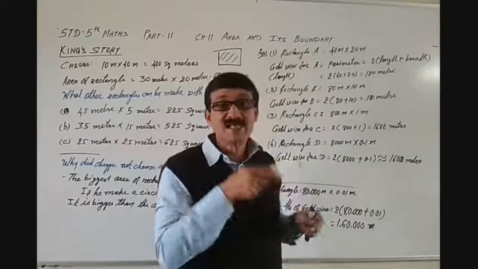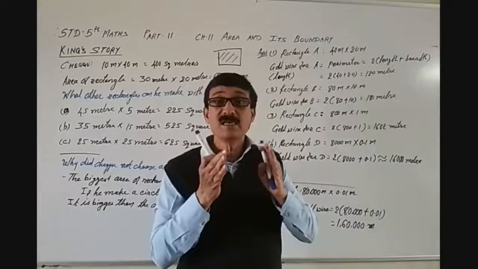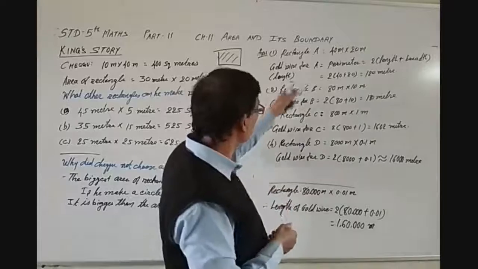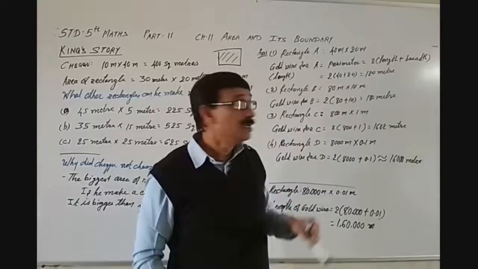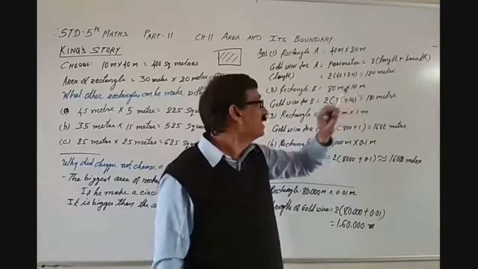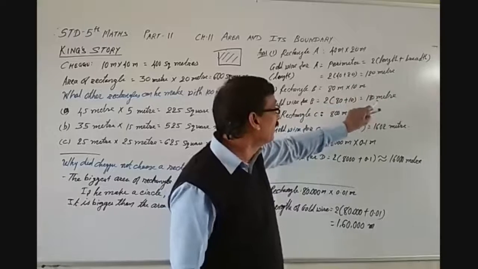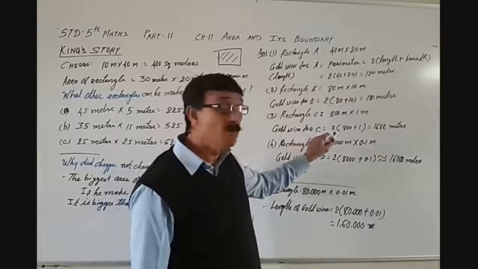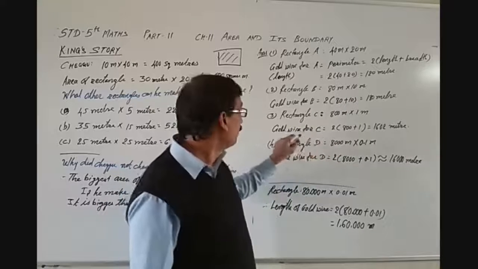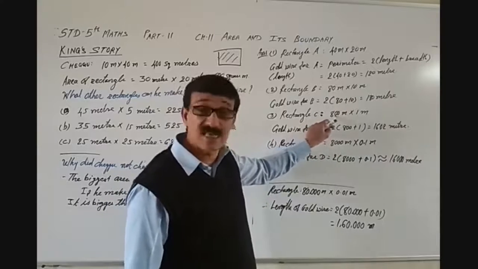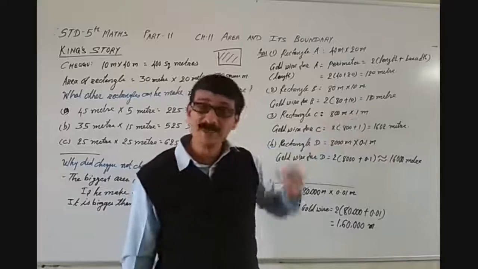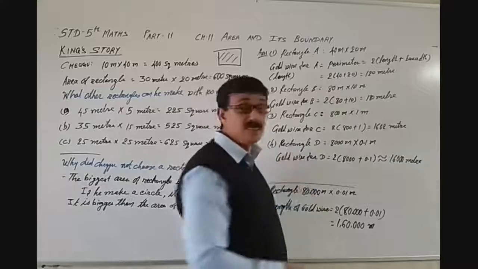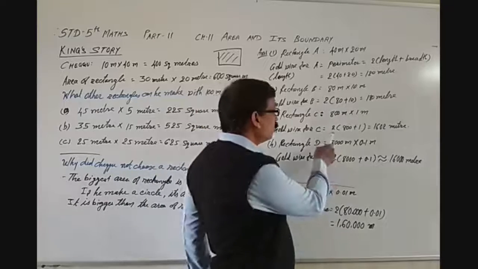So all the rectangles have an area of only 800 square meters, but the boundaries are different. Here the boundary is 180 meters, here 120 meters, 180 meters. Now the boundary for this rectangle of area 800: the length is 800 meters and the width is 1 meter only. That is why, for the gold wire for C, the length of the gold wire will be 2 into bracket